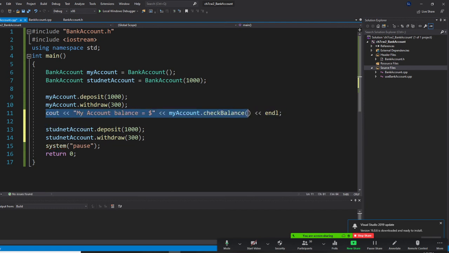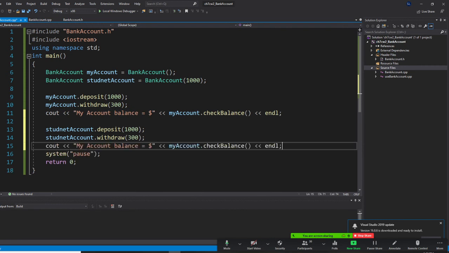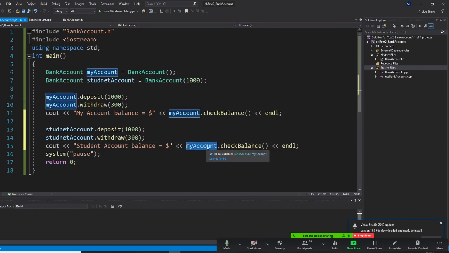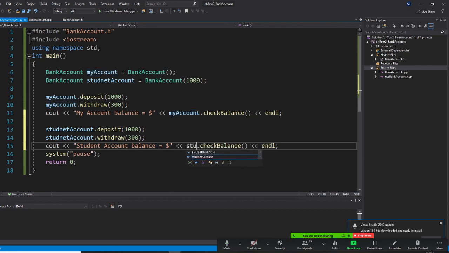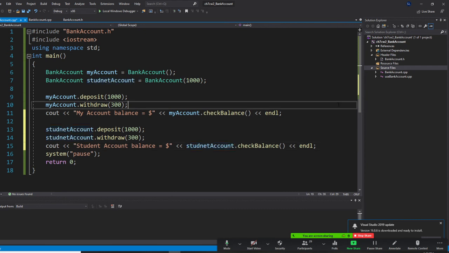Then I'm just going to copy this line here, and I'm going to say student account balance, and instead of my account I'm going to put student account. Alright, so I'm going to do this. I will see a difference right now. So they are exactly the same thing. This one is 1,300, but this comes out 700. This should come out 1,700 because the original already has 1,000. Let's run it right now. So build it